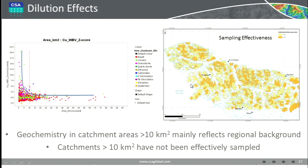So the next thing to deal with is the effects of dilution in terms of how that's going to affect the geochemical signature that we're seeing in the stream sediment data. And this is a very common plot for anyone that does a lot of this sort of work. We can plot really any geochemical indicator on the y-axis plotted against catchment area, and typically you see this decay away to regional background values. So as people familiar with stream sediment data are probably aware, the best anomalies tend to occur in small catchments. So at about an area of 10 square kilometers,